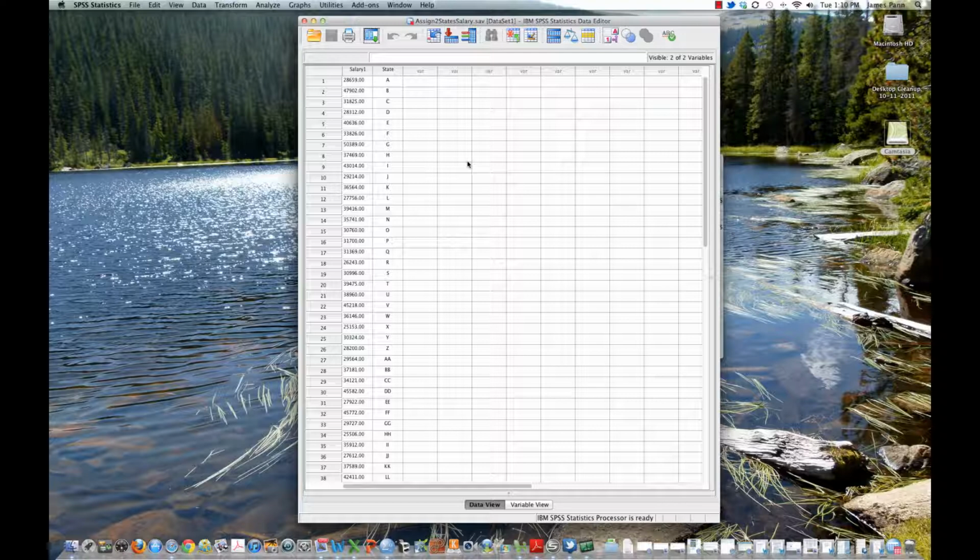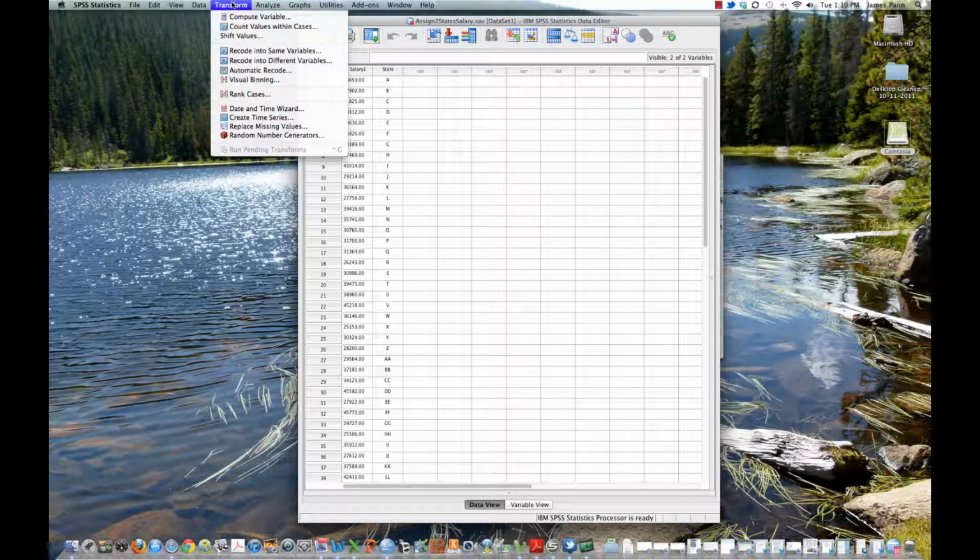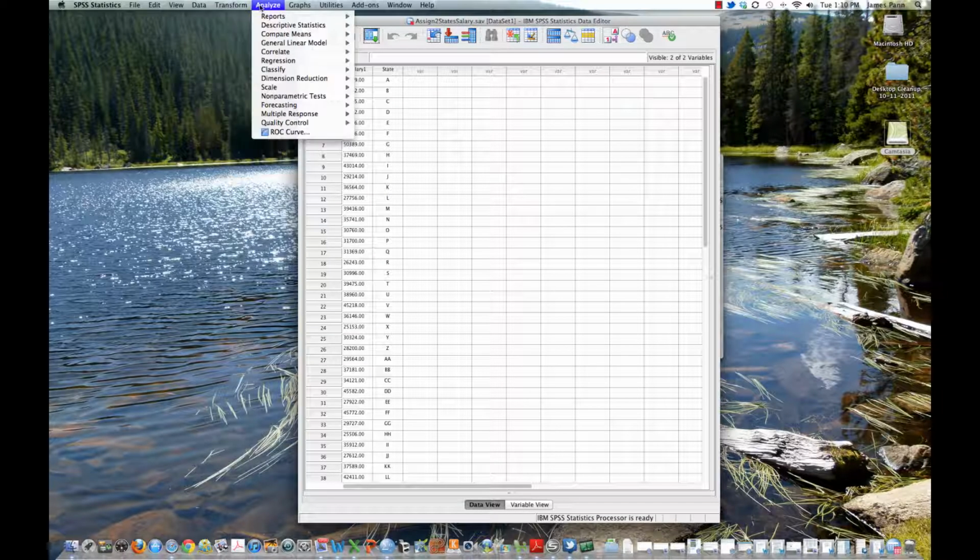Well, if you have a continuous variable such as salary here, you would want to get a picture of the values you have in your data set by running some basic descriptive statistics, looking specifically at mean, standard deviation. You might look at mode and median and range and those kind of things. So, let's go ahead and do that. You can write the syntax, or you can pull down this graphical user interface here.